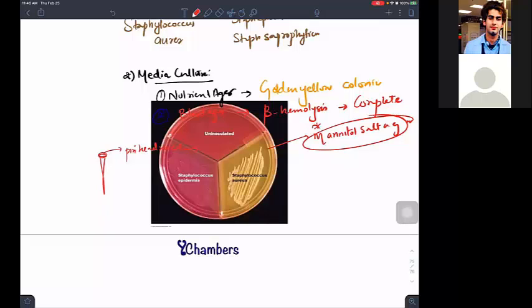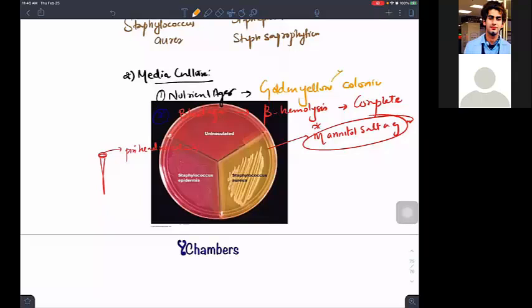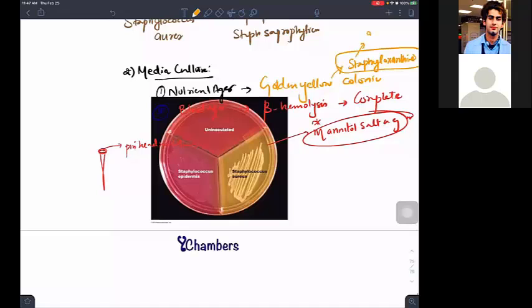So why are they giving us golden yellow pigment? They have a color. The pigment is known as Staphyloxanthin. They are staphyloxanthins, and it is said that if you want to increase the color, you should increase the temperature. So if you increase the temperature to 22 degrees centigrade,